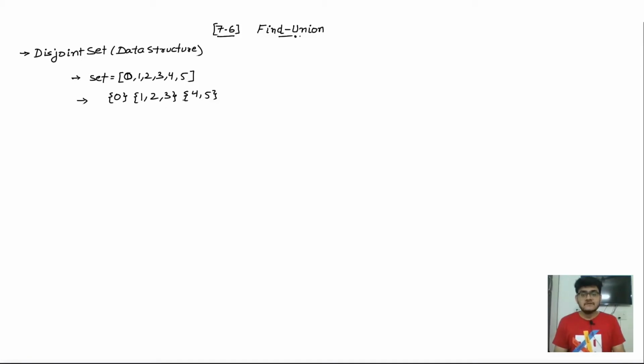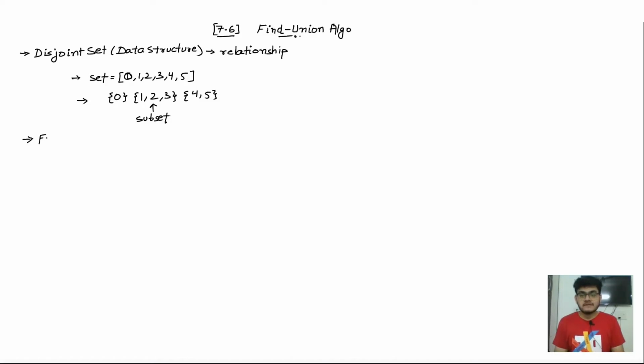And it is also useful in scenarios when we are talking about a relationship between some data elements inside of the given set, right? So here you can see that 1, 2 and 3 are closely related, so we have put them in a single set and we are calling it a subset. To achieve this type of data structure, we will use the find union algorithm, and as the name suggests, it will consider two very important operations.